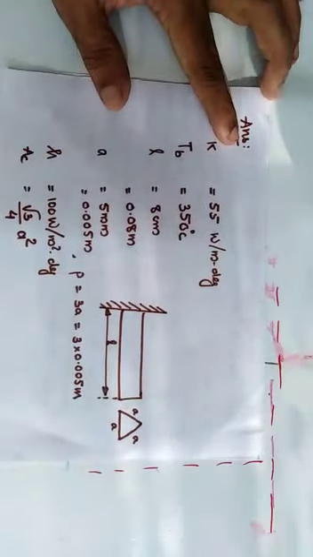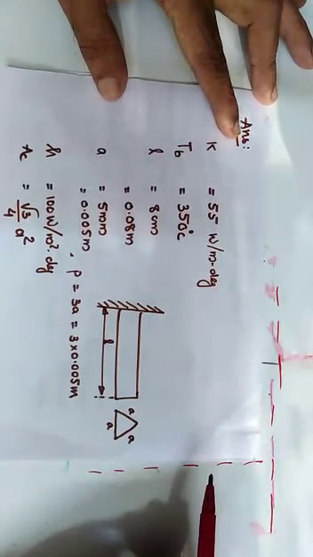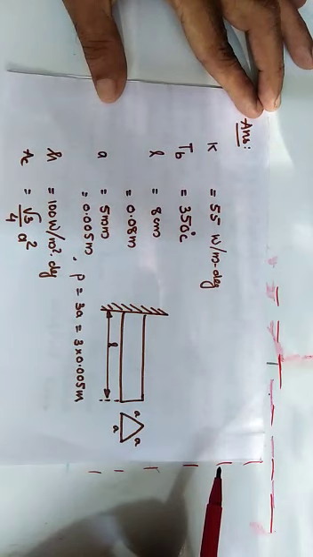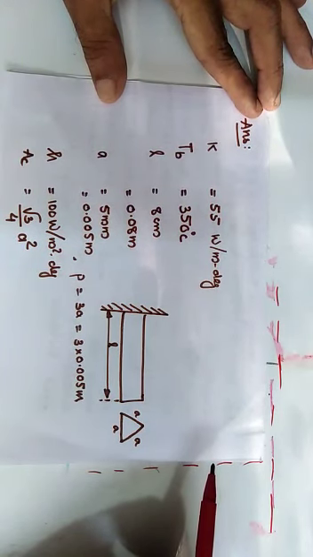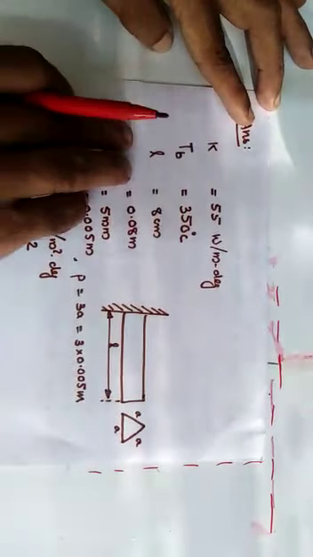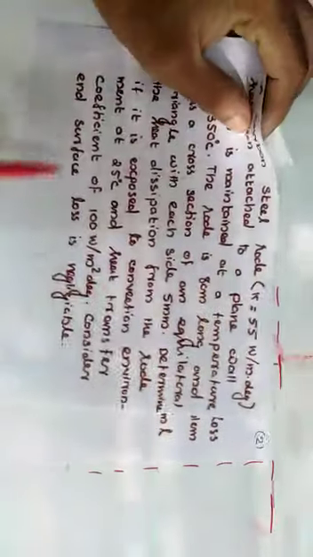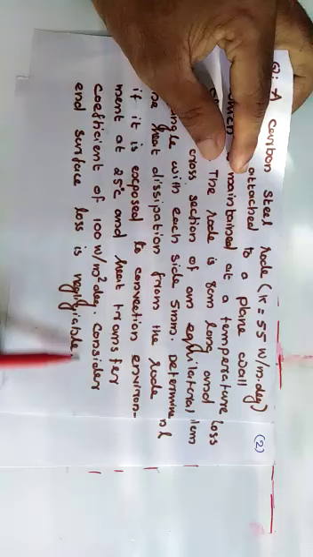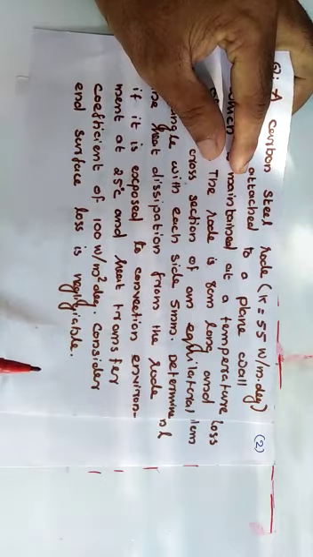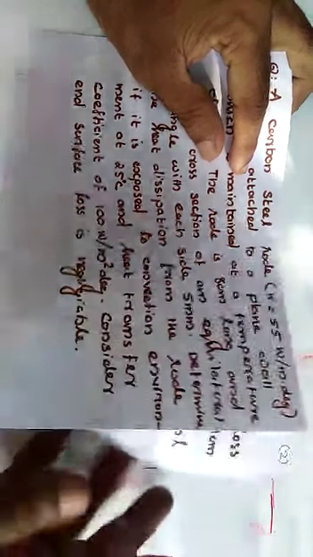So in this type of problems, first you have to check the boundary conditions and you have to make sure whether the fin is infinitely long or its end is insulated. Here it is very clearly given that neglect the end surface loss. So it clearly indicates that it's a problem on insulated tip.